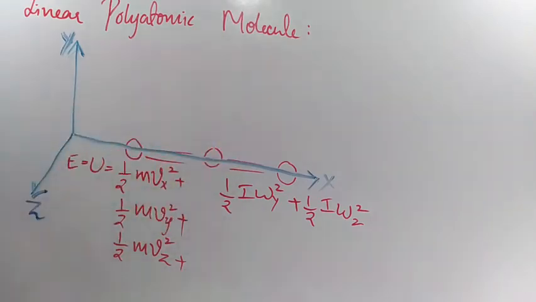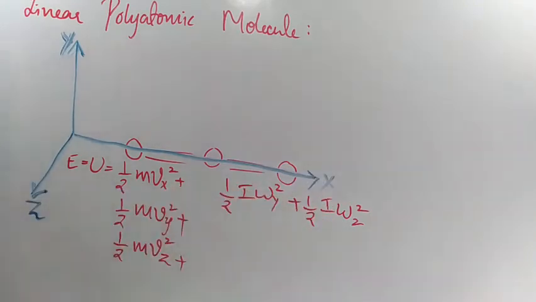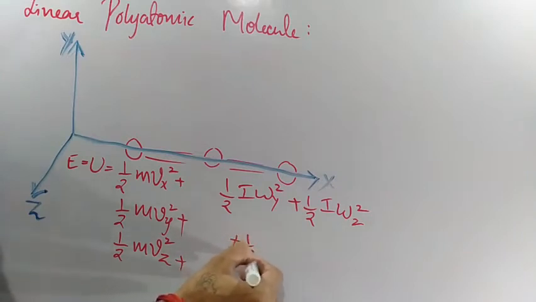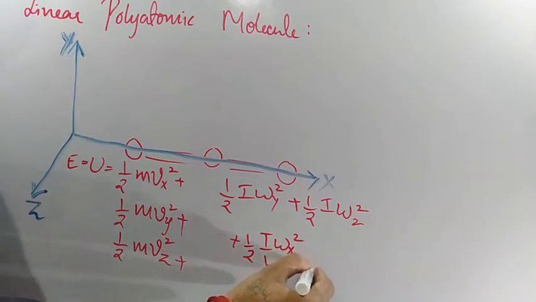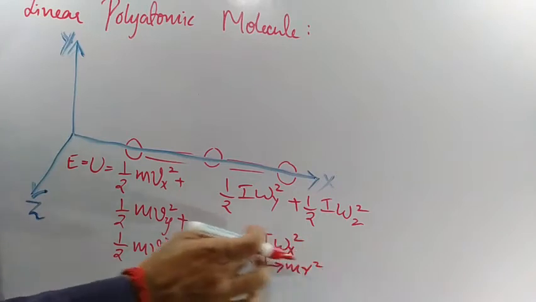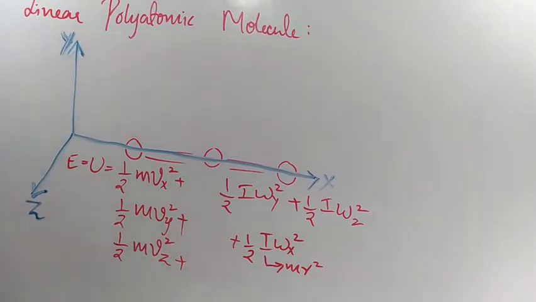Clear? So that's why, even if I want to write half I omega x square, the I term will be what? m r square. R means radius. If I want to write the next term, plus half I omega x square, but I is nothing but m r square. The R value is small, so I is nothing but m r square omega x square. That means the total term is half m r square omega x square. The R value is small, the R square value will be still smaller. Since the R square value is still smaller, this term we can neglect.